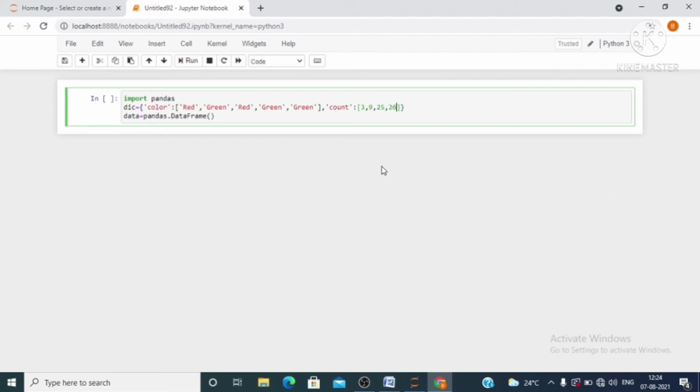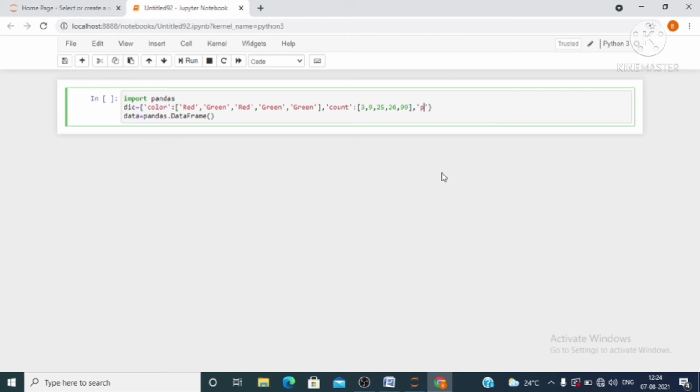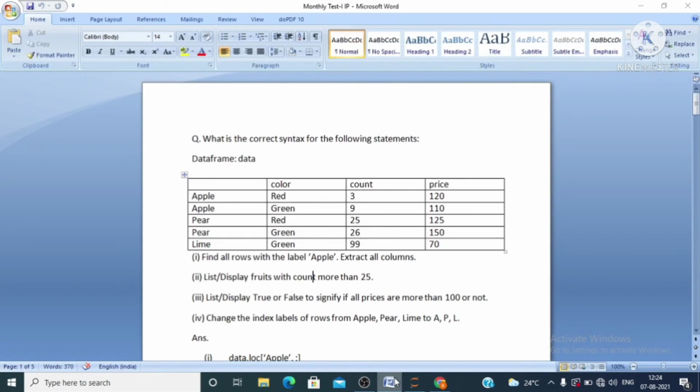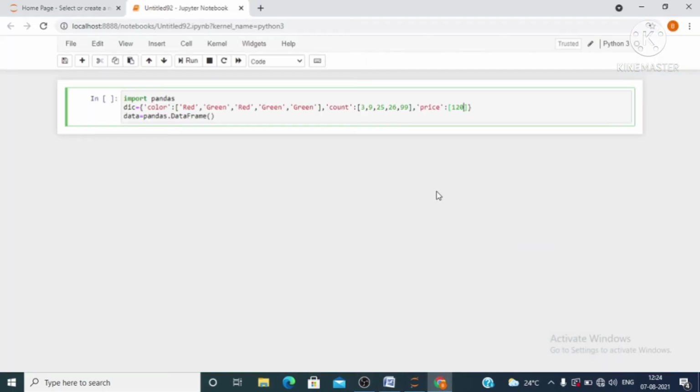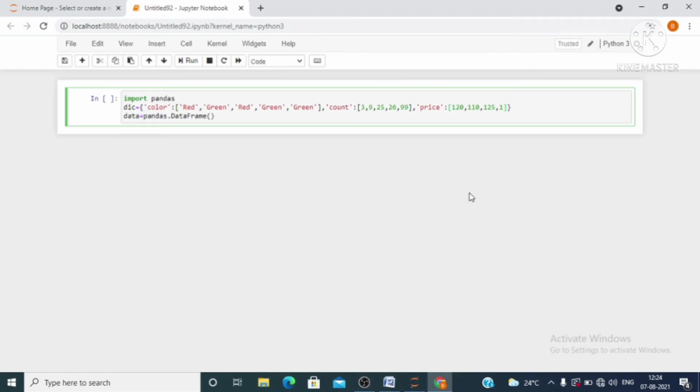Similarly for third column, price is key, having values 120, 110, 125, then 150 and 70. So now your dictionary is ready.